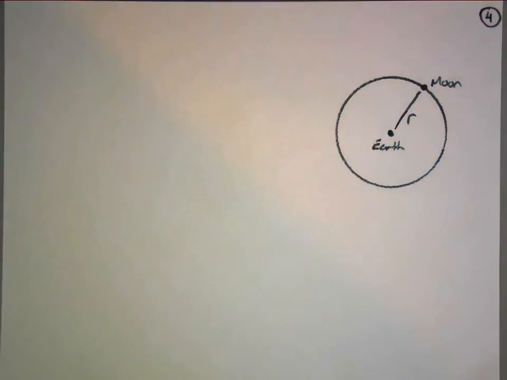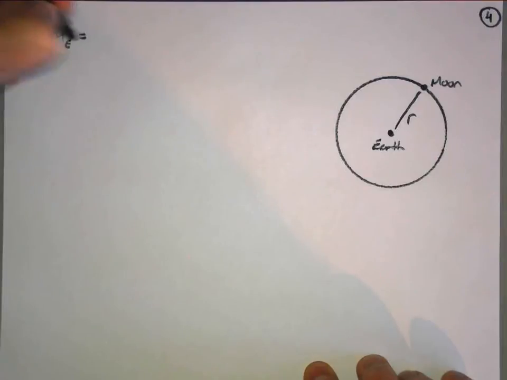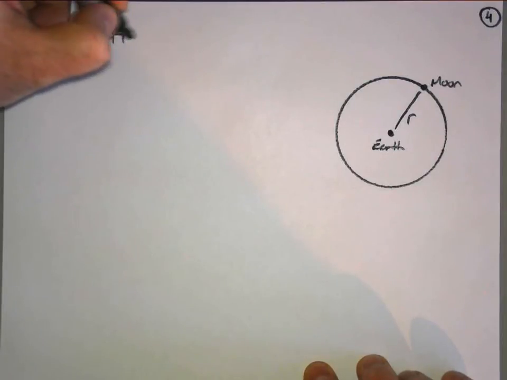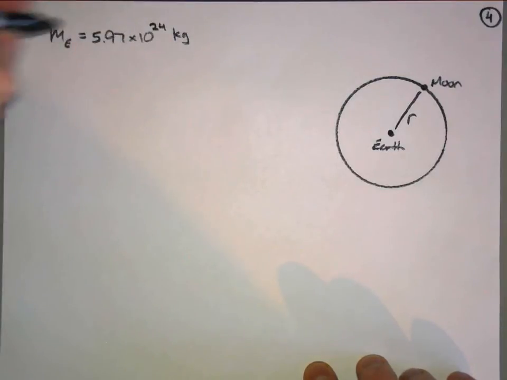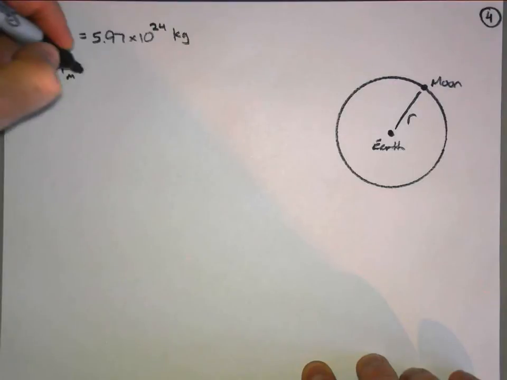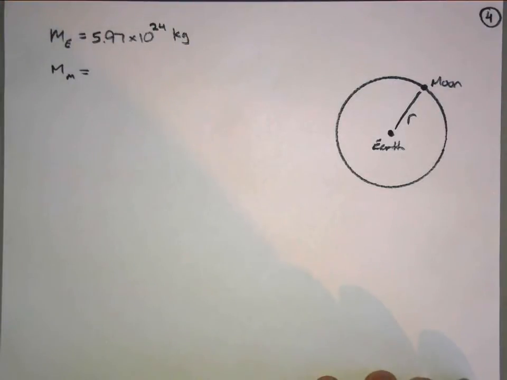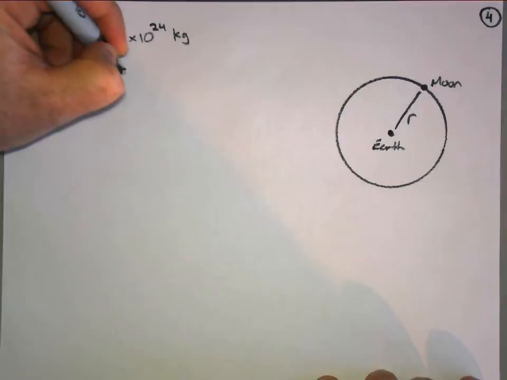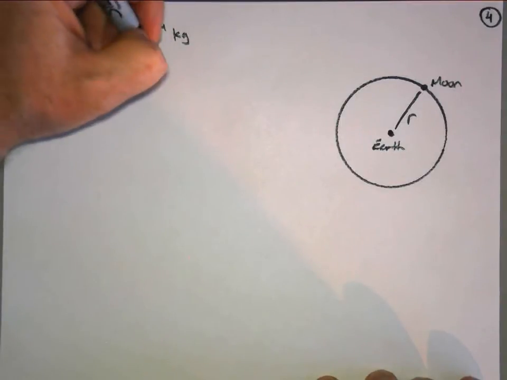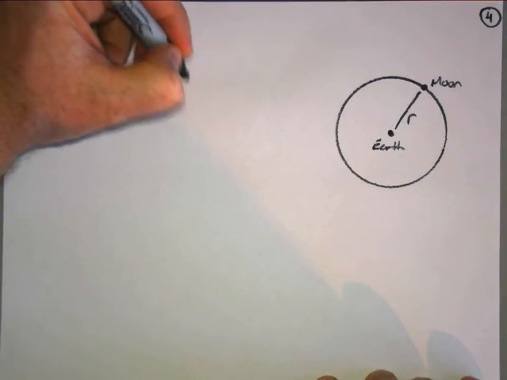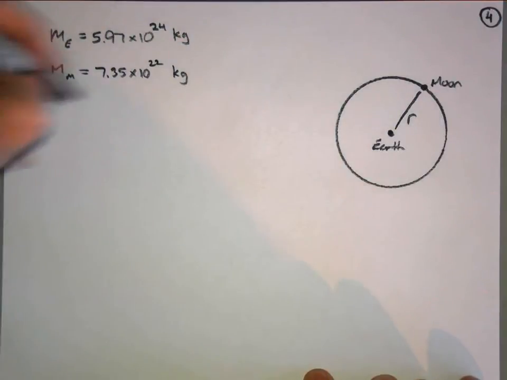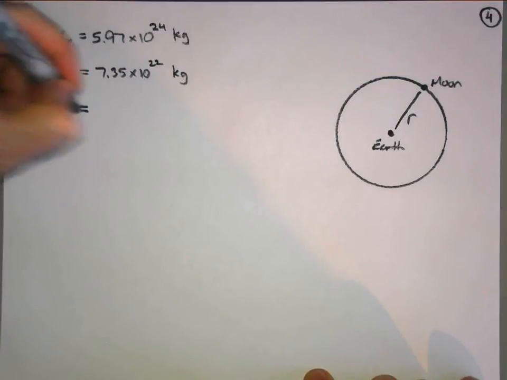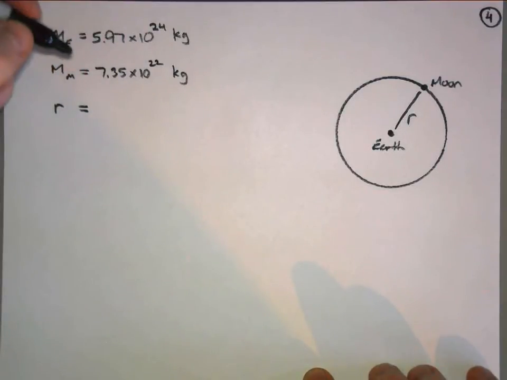So looking at this problem, mass of the Earth, again, 5.97 times 10 to the 24 kilograms. We need the mass of the Moon, and the mass of the Moon turns out is 7.35 times 10 to the 22 kilograms. And we will need this value of r in between them. So the orbital radius of the moon around the Earth is going to be